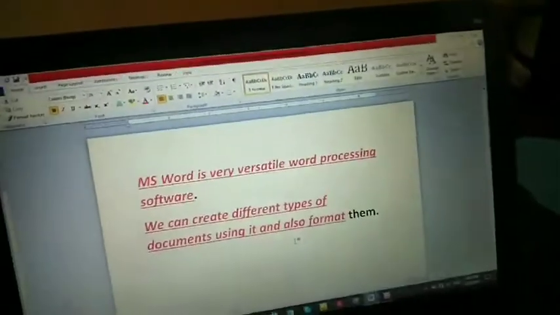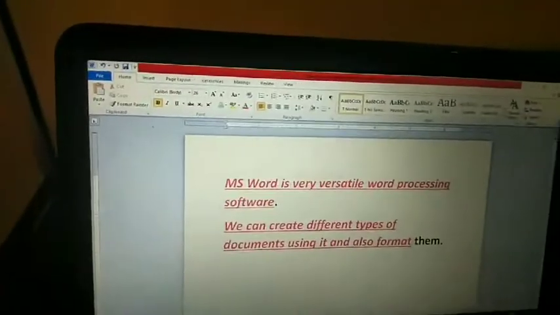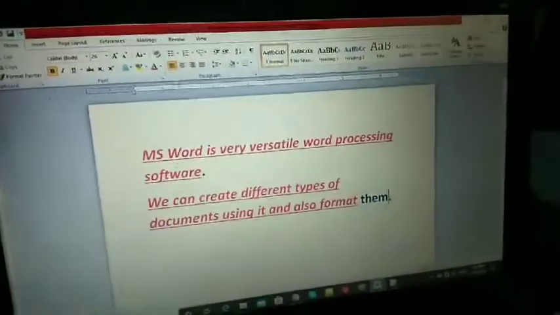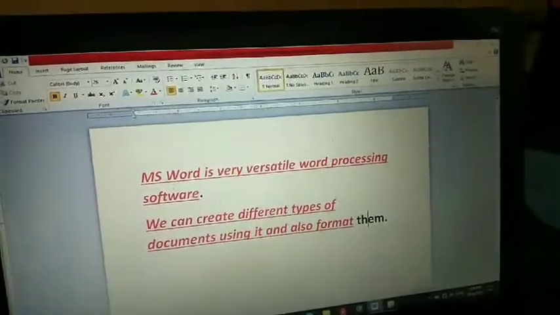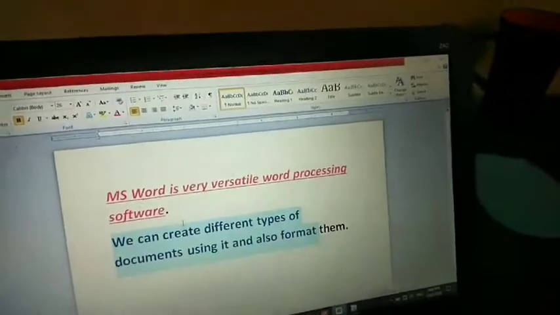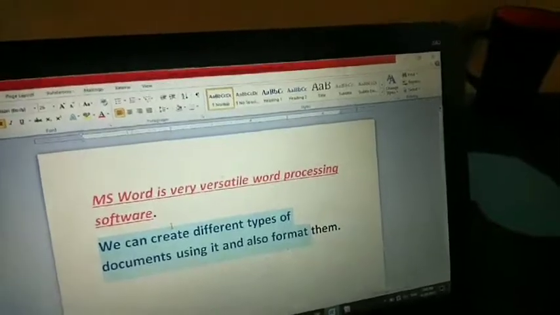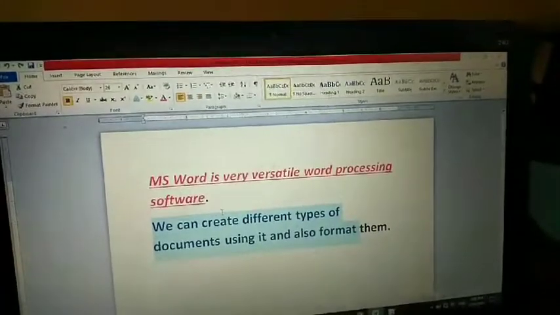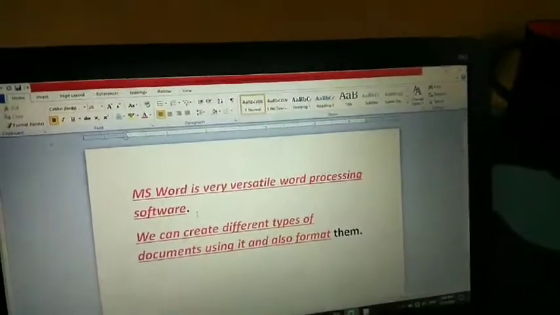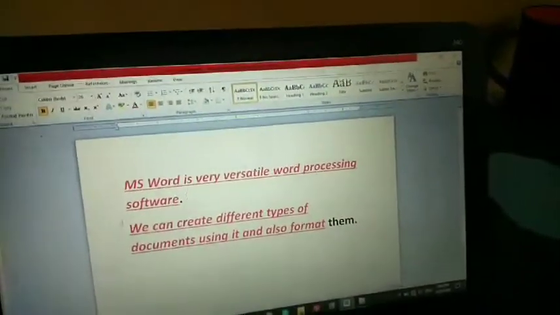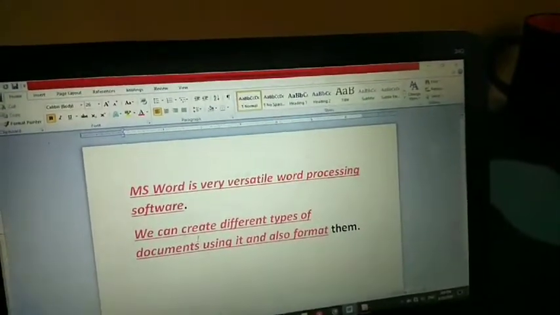Everything changed. Understand? This word I have not selected, that is why it has not yet changed. Before it was like this, and now after changing with the help of Format Painter, it became like that. Without retyping anything, I don't need to type the same sentence again from the beginning.